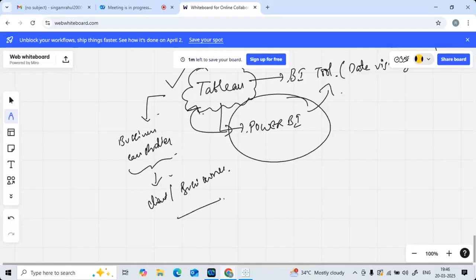For them, if you provide an SQL query code, yesterday we discussed SQL code, if you provide that SQL code of 10 lines, 15 lines, or a Python code, they might not be able to understand. You have the technical expertise, but they might not. But if you provide the data analysis with visualizations like pie charts, donut charts, all those things, for them also it is very simple to understand.